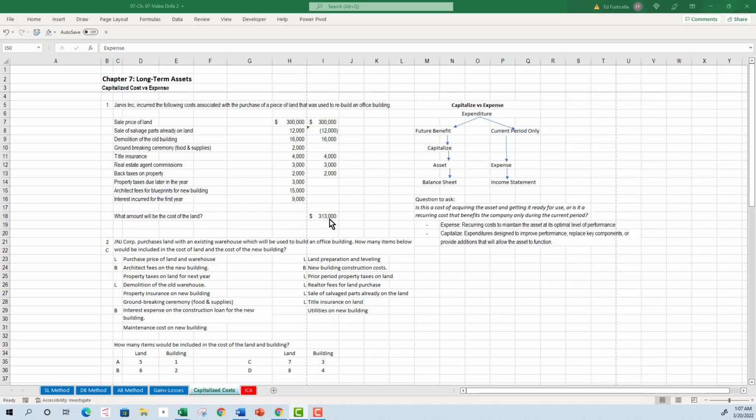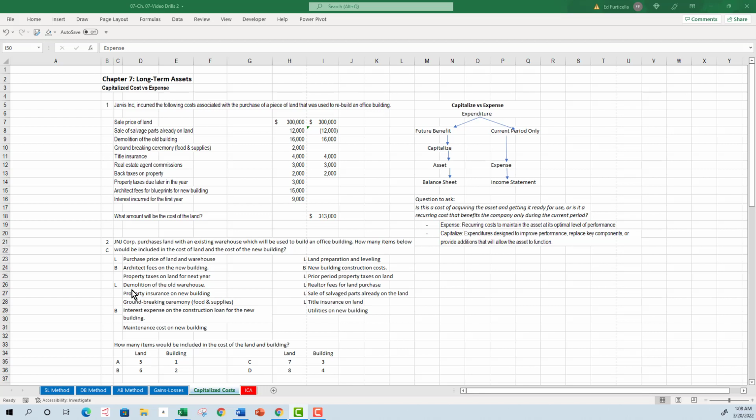Now look at number 2, JNV Corporation. They purchased land with an existing warehouse which will be used to build an office building. How many items below would be included in the cost of the land and the cost of the new building? Well, the answer here is C. C is 7 items for land and 3 items for building. The land items are the purchase price of the land and the warehouse, the demolition of any old warehouse on the land,